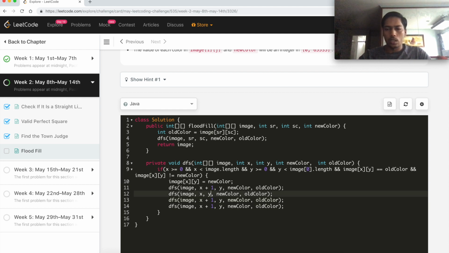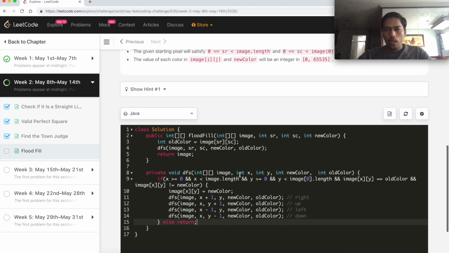One is x plus 1, another is x minus 1 for the left side, and so on for y. This one is for the right pixel, this one for the up pixel, this one for the left pixel, this one for the down pixel. If the condition is not satisfied, we simply return to terminate.